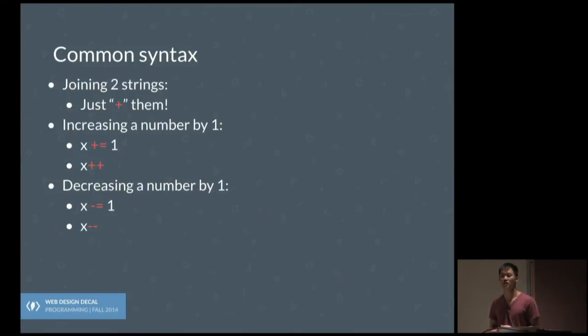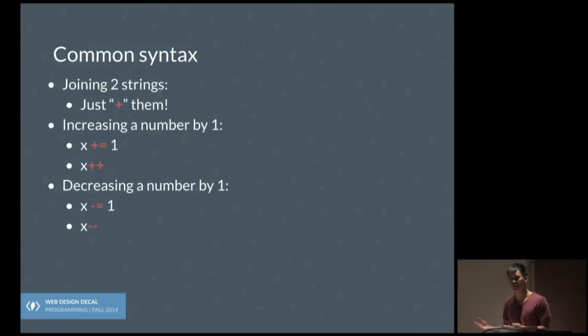If you're increasing the value of your variable, say your variable is a number, so say I did somewhere in the code var x equals 0, then if I wanted to increase the value of x, a way I could do that is just do x plus equals 1. So that would change the value of x from 0 to 1. And another way of doing that in shorthand is just doing x plus plus. Did that make sense? Is that good?